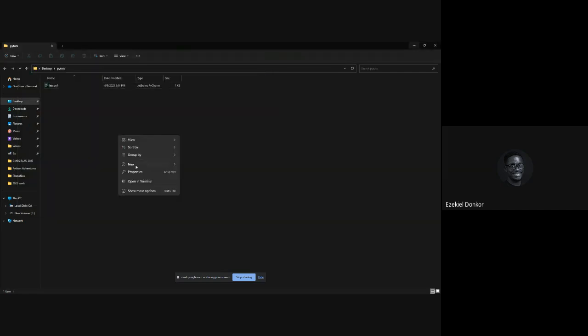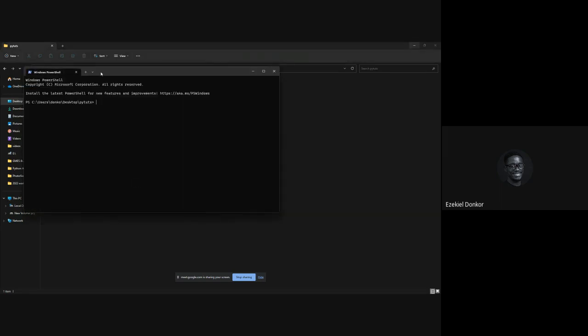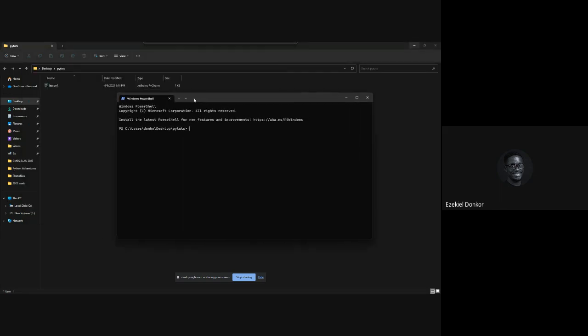So for those of us on Windows 11, you can just open this in terminal and you'll be fine. Can you see PyTools before the prompt?